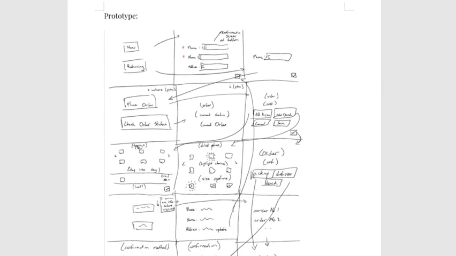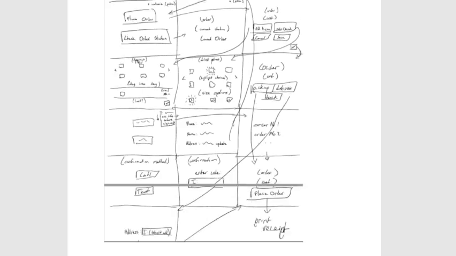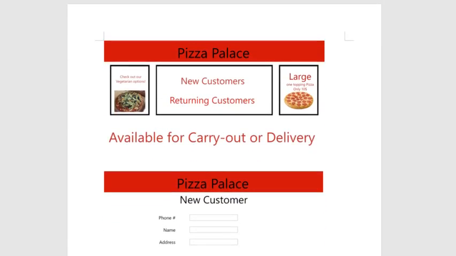As for the prototype, this was the early prototype in which we began to plan out how we would move through the app. So it would start with the new and returning screen, and when they hit new, it goes to the first window. Returning goes to the window to allow them to input their phone number, so on and so forth. As we progress on in the project, we designed a further